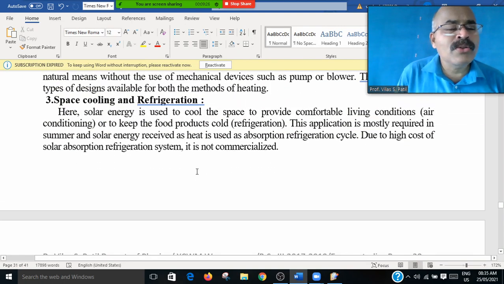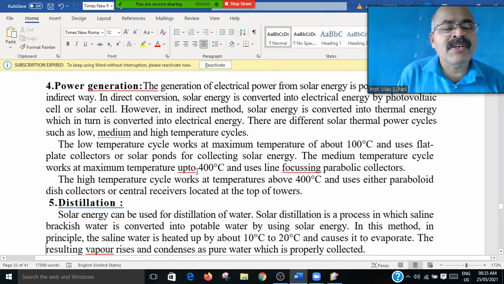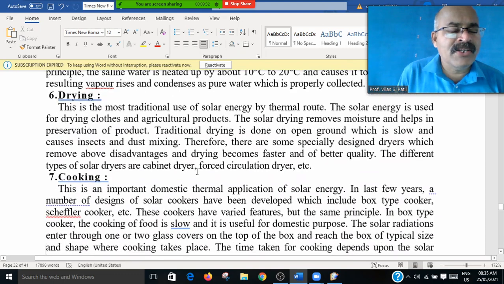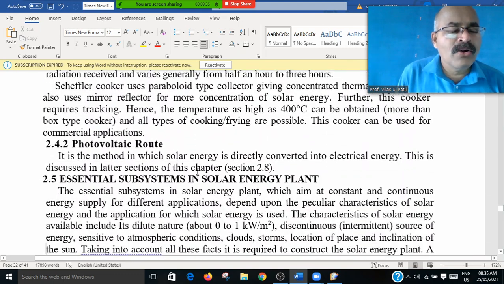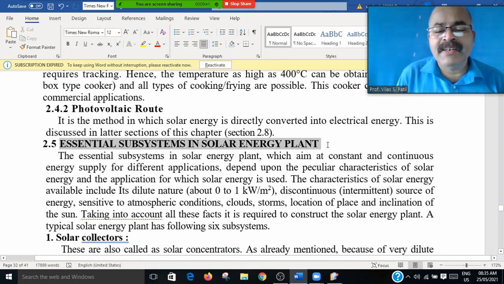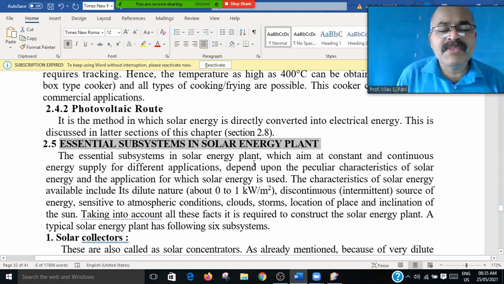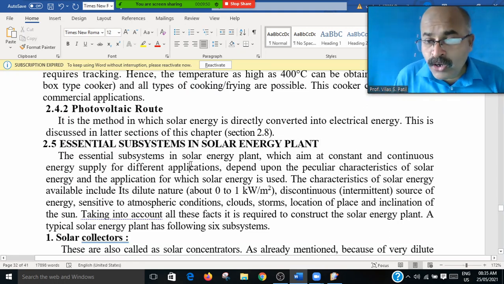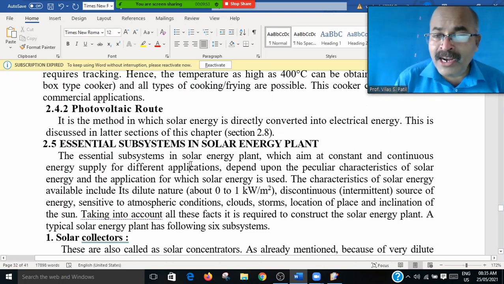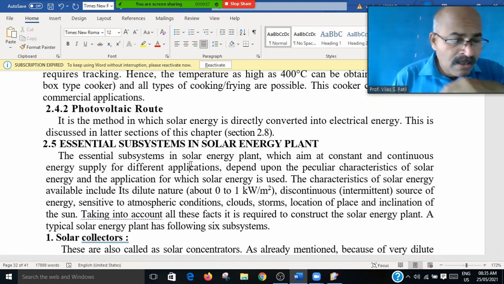And we also came to refrigeration, which was covered, then power generation, distillation, drying, cooking and the photovoltaic route were also covered. We came to the essential subsystems in the solar plant. That is, if we have to build a solar plant, what are the essential subsystems? Those subsystems are to be studied here. If we have to design a solar plant at our place, in our village, then